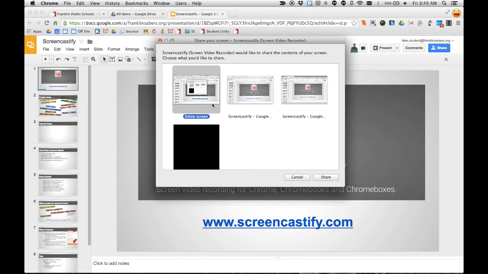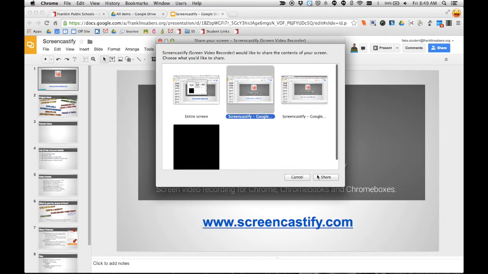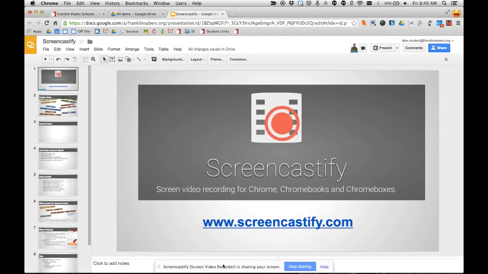So if you jump around to different windows, if you just want to record a specific tab, maybe you're just going to present a slideshow, you can choose just to record the tab that slideshow is in, and I'll give you some tips on how to do that in the next little section of the video here. So you make your choice, and you hit share, you'll notice that it says at the bottom